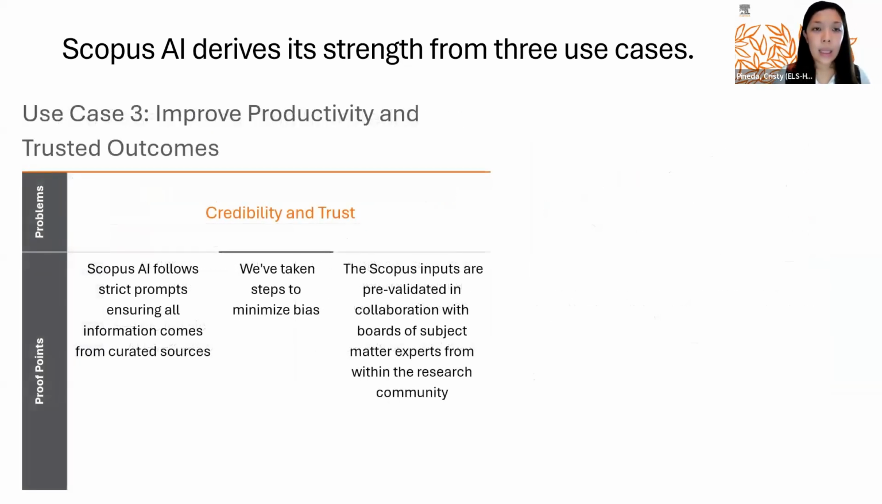Okay. It would also be able to improve productivity and trusted outcomes. And this is really the main expectation out of using Scopus AI. And sometimes, just by using a standard or an ordinary generative AI, there is that concern about credibility and trust because it could give hallucinations. But with Scopus AI, you are assured that because it gets the data from Scopus.com, the trust and the credibility is there. Because number one,